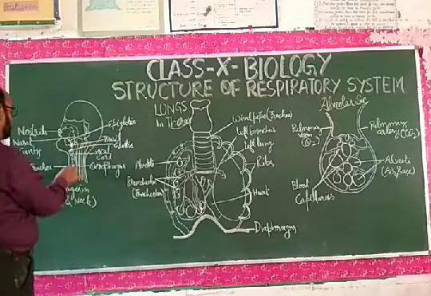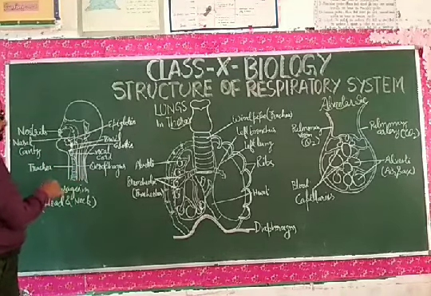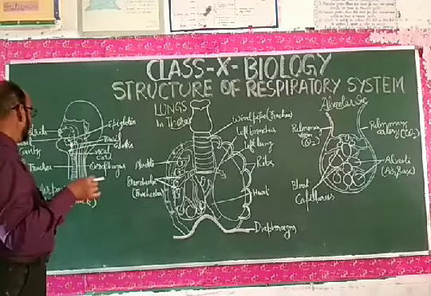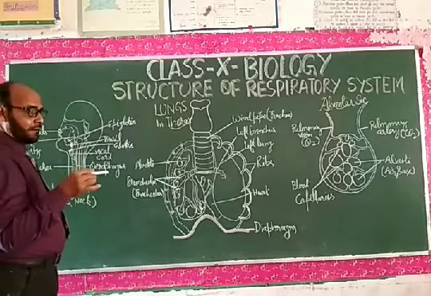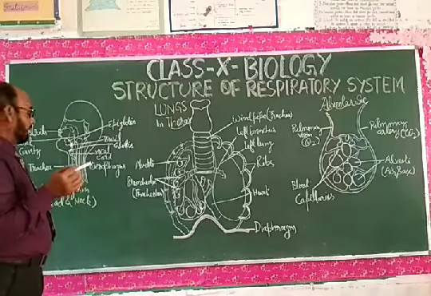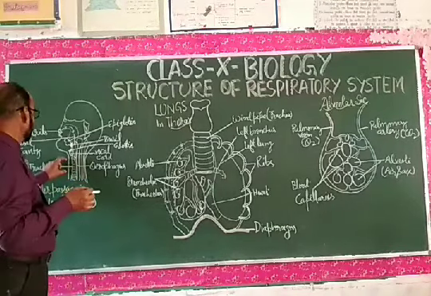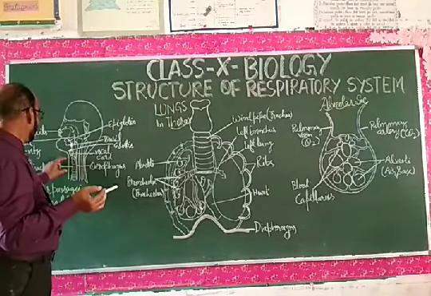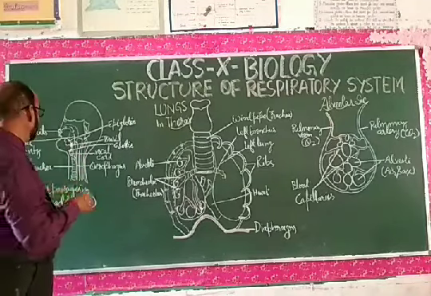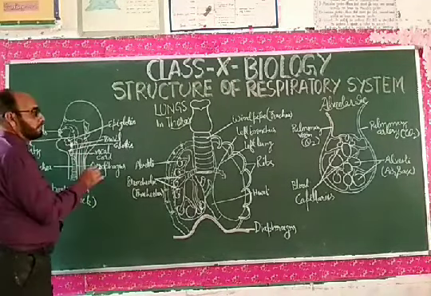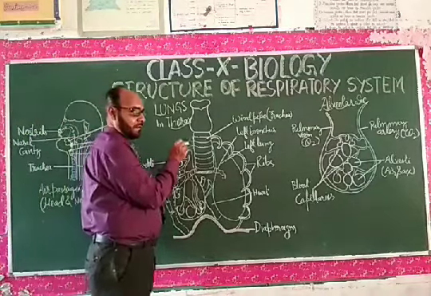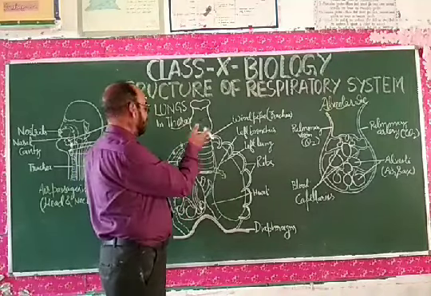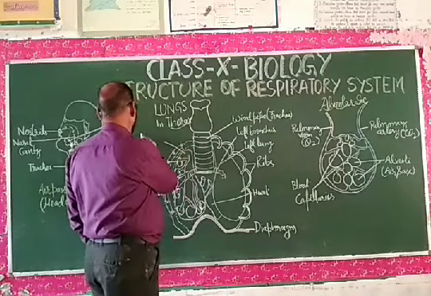And here you are looking at the trachea, that is surrounded by a cartilage band, which has elasticity. It is able to expand and contract and has a good protective ability. This trachea is duly protected by the cartilage band. The trachea is the foremost part of the respiratory system, the foremost part leading to the lungs. The passages enter into both lungs, the right lung and the left lung. This is the right lung.